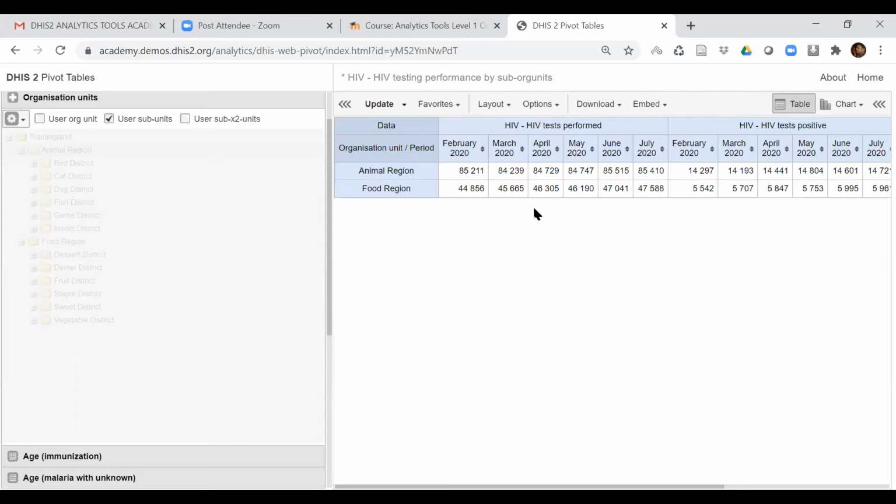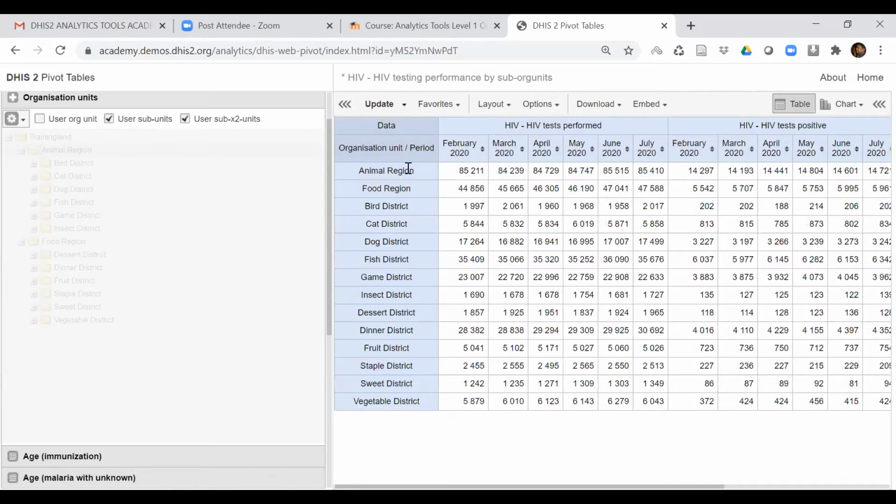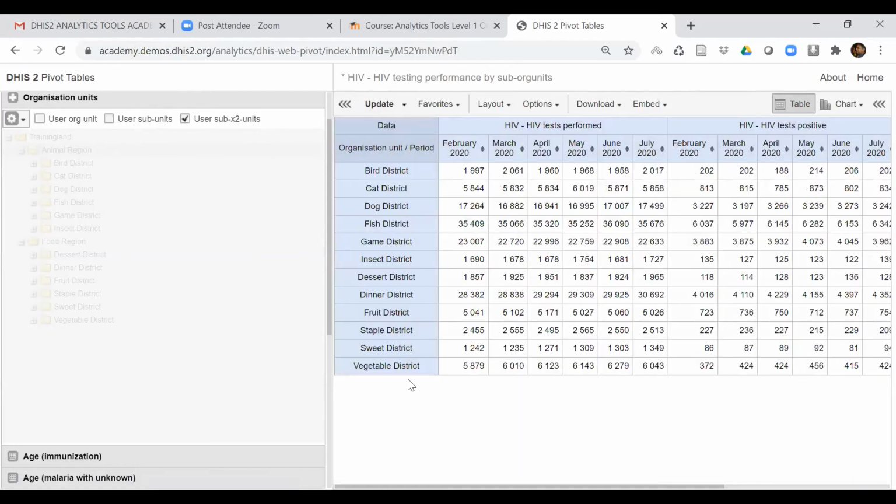And now the next part, sorting. We will do this with the larger table, or else you can use sub 2 units to include all districts. So I will deselect this, and only all the districts are here.